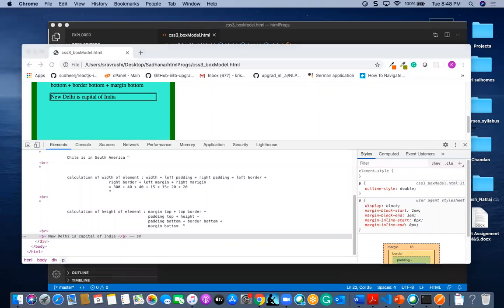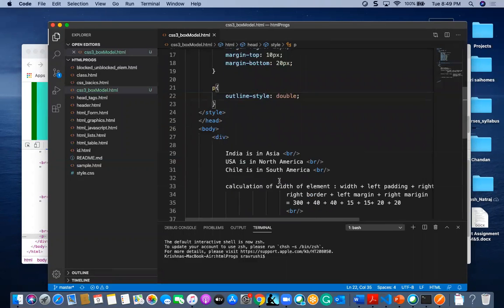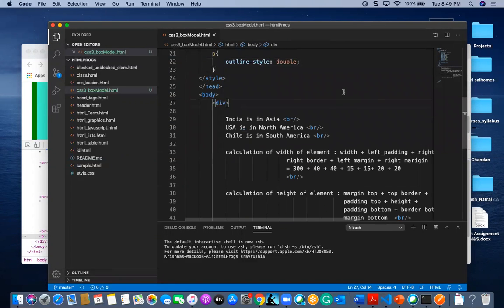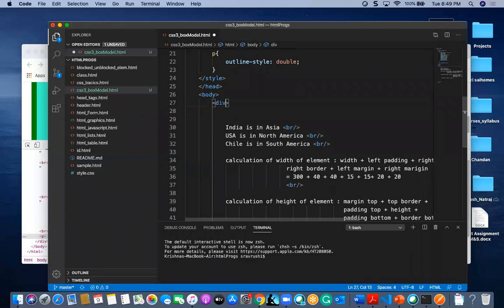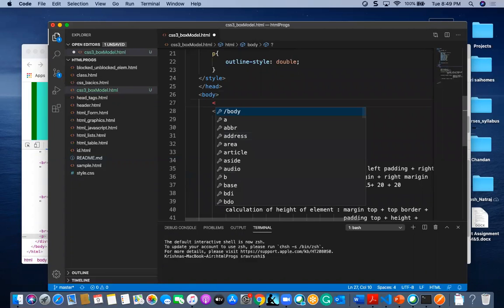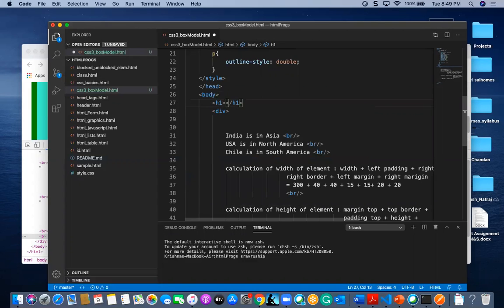That's about outline style. And one more thing is text color. Text color, I think we have seen many times in our programs. Suppose I have here some H1 header, on this box model page I gave here.